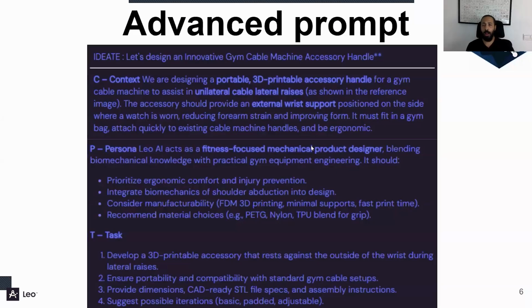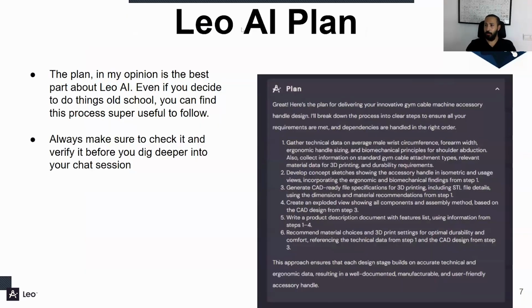So here's the advanced prompt that I inserted into Leo AI to help me with the process. I like to be very detailed. There's a lot of ways to do this. People can just talk normally to the AI. I believe in the advanced prompting techniques to help identify exactly what you need from AI. So there is a context that we are trying to work in, and there's a persona that I'm asking Leo AI to take on, and there's a task, an actual deliverable that I'm asking Leo AI to give me after that. And we go to the next one.